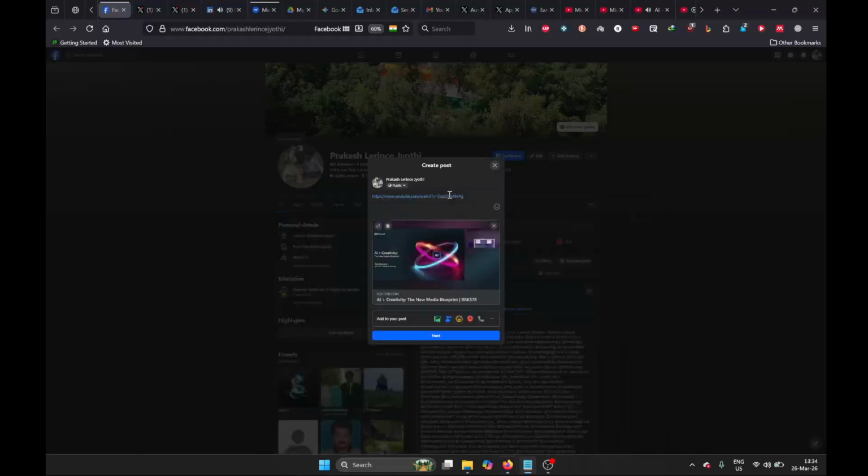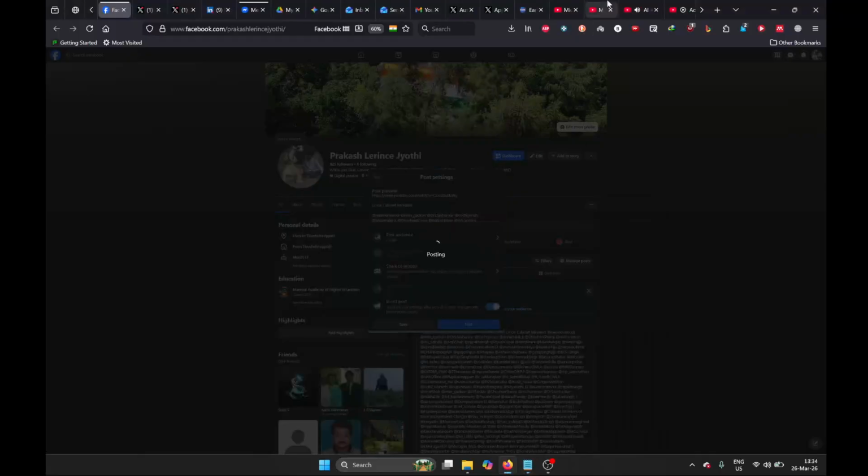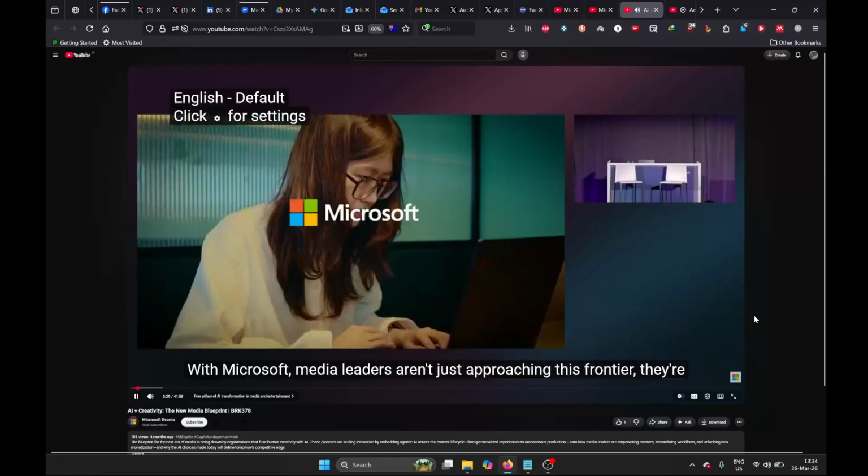Allowing us to think creatively across every function of business. With Microsoft, media leaders aren't just approaching this frontier, they're shaping it. At this frontier, creators need